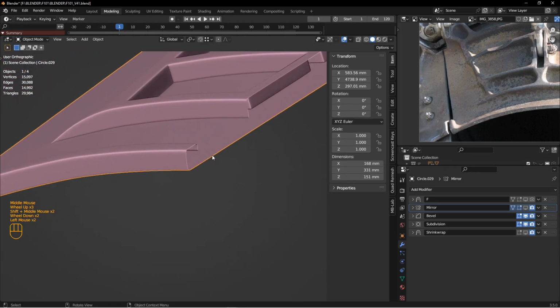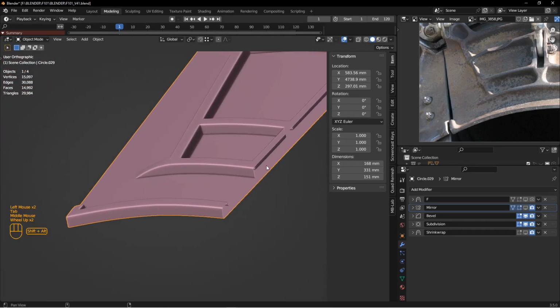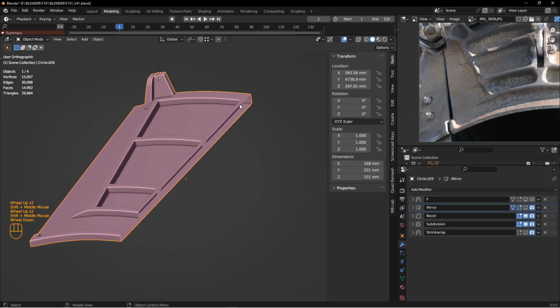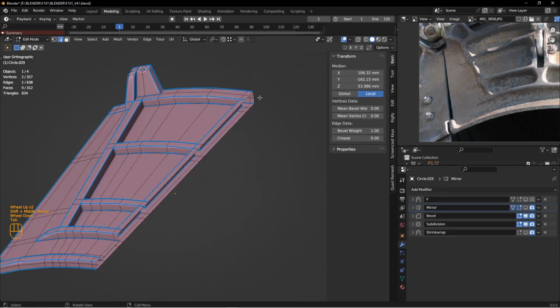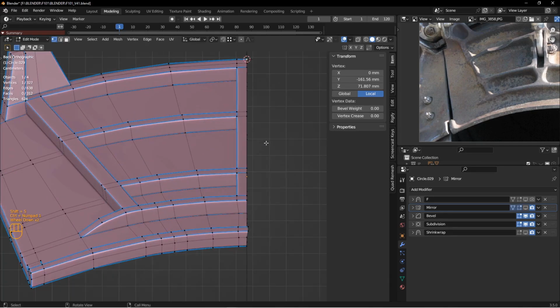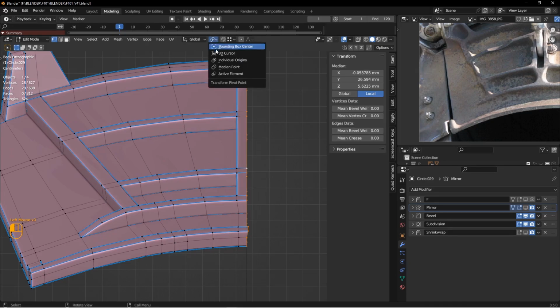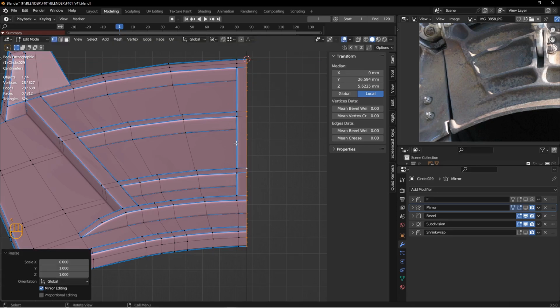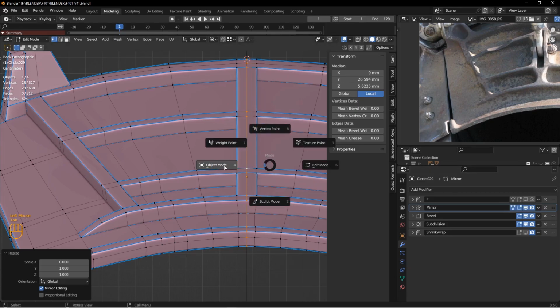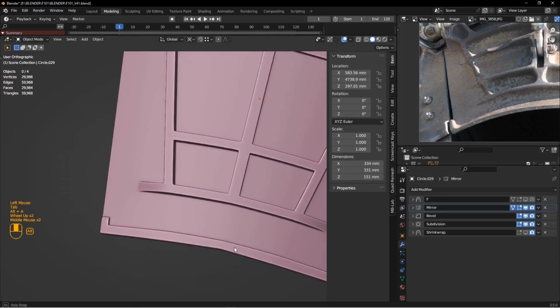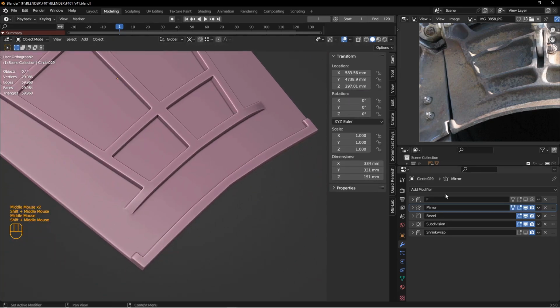I suspect that our center line isn't quite center, so I'm going to put the cursor right there. Go into front view. Yeah, see how it's extending over there. So I'm just going to select that whole center line. In cursor mode, I'll hit SX0. That's going to bring that to be perfectly straight. And then when I turn back on the mirror, we should get a nice, that cleans up there a little bit. Let's see if that shrink wrap,